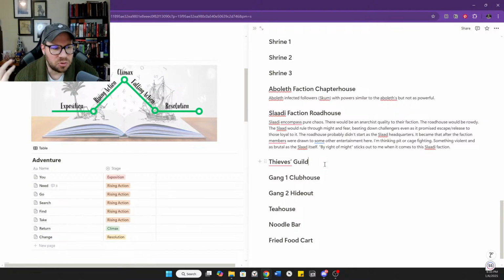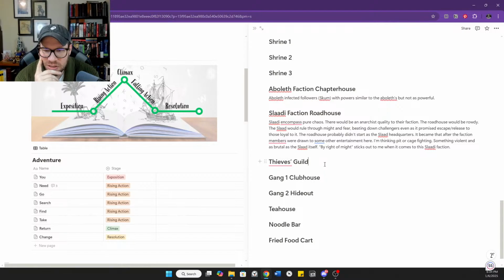We obviously want to have some sort of thieves guild. I think that's the sort of thing that our players are going to expect. They're going to ask about it, and we don't have to frame it as a thieves guild per se, but it should still fill that same kind of role. And then we need a couple other factions potentially, just to round out our city, or I guess it's not really a city, more of a town here. So let's think about what other sorts of factions we might have.